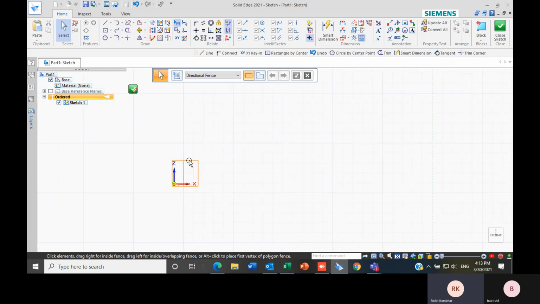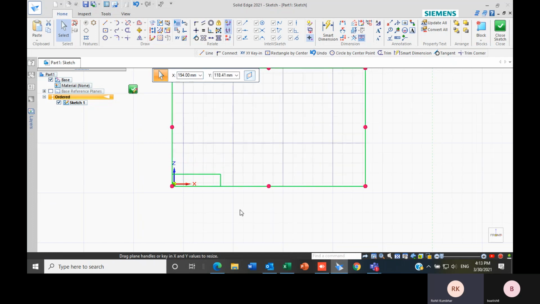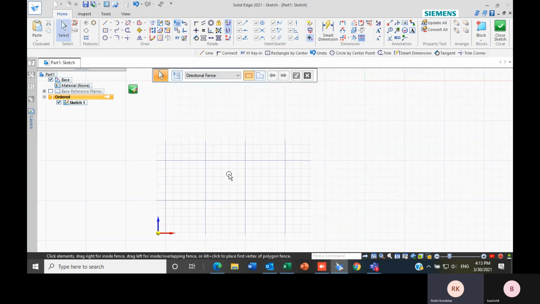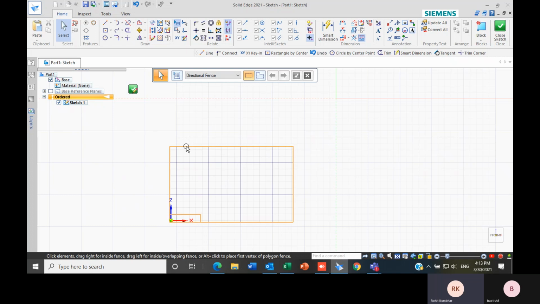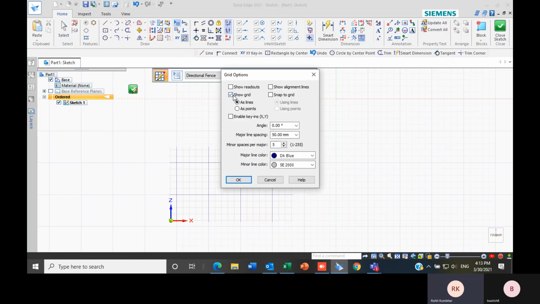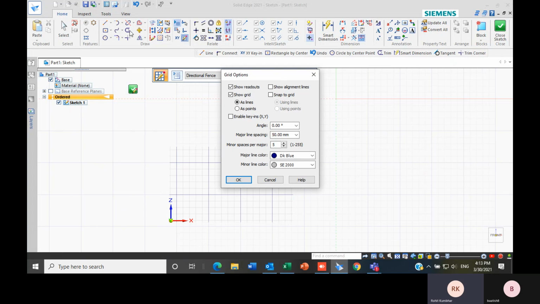If I want to change it, you can see there is a rectangle shown here. I just have to change the size of that rectangle, and here you can see the grid gets highlighted according to the area inside this rectangle. So this one is about show grid. Now our next option is show readouts. Let's say I will check this option, show readouts.